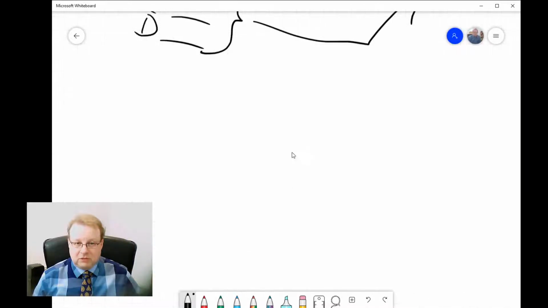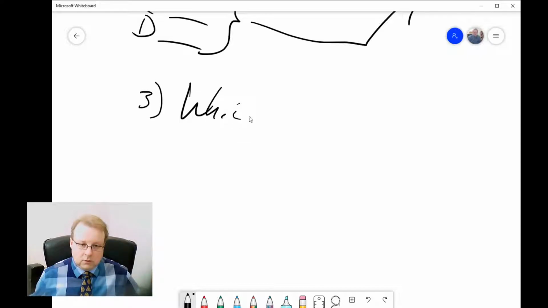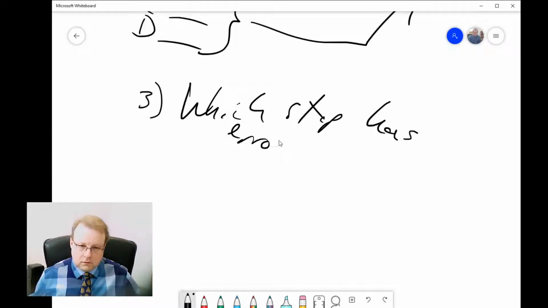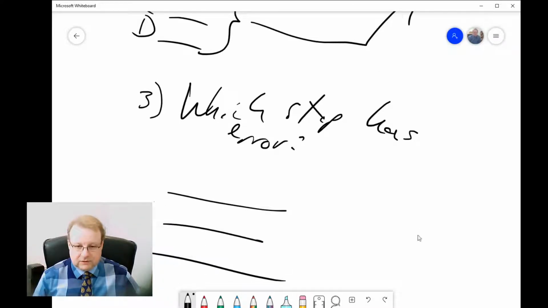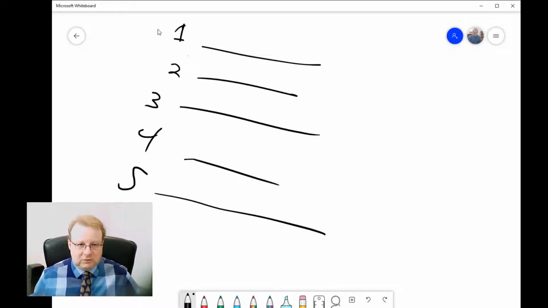Another multiple choice option in math when you have the functions, especially you'll see a lot of questions that are, which step has the error? And there will be a series of algebraic steps. And they'll usually be numbered, so some fictitious student did steps 1, 2, 3, 4, and 5. And you have to say, was the error between 1 and 2, between 2 and 3, 3 and 4, or 4 and 5? Quite often you can go to your calculator